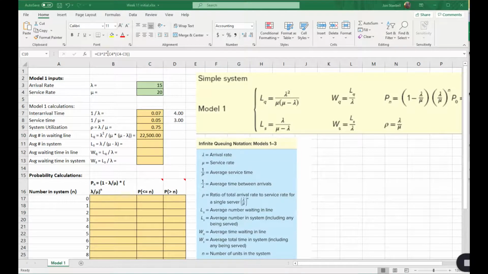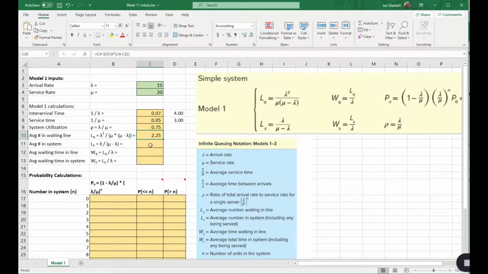So what did I do there to get the wrong answer? Well, I typed multiply there when I should have typed divide. So the correct answer is 2.25. Sorry, here's the correct formula. It's the cell C3 squared divided by the sum C4 times C4 minus C3. So this means on average 2.25 people are waiting in line to get service from our one server here in